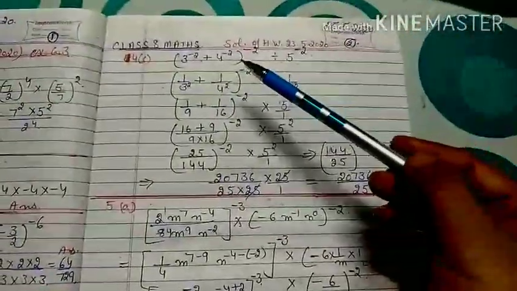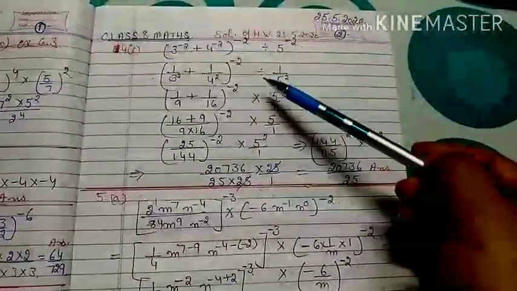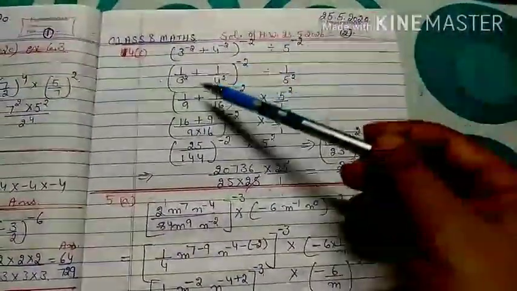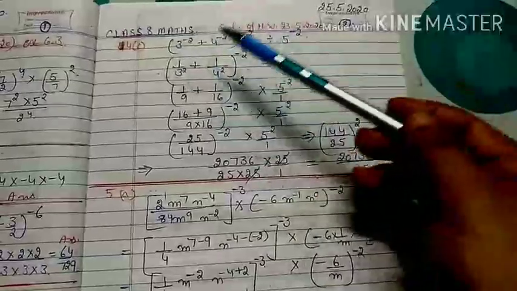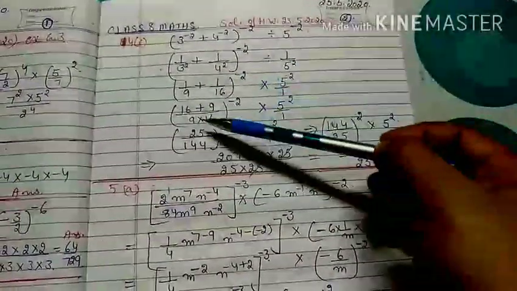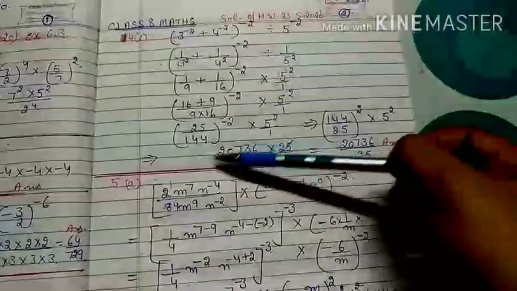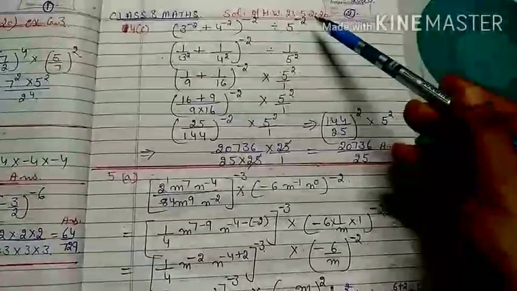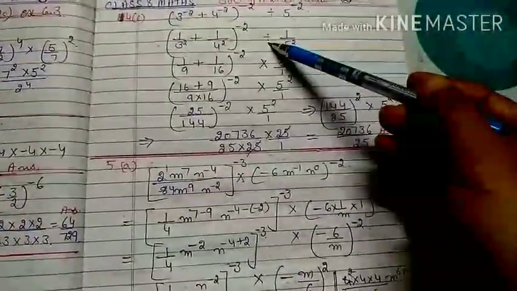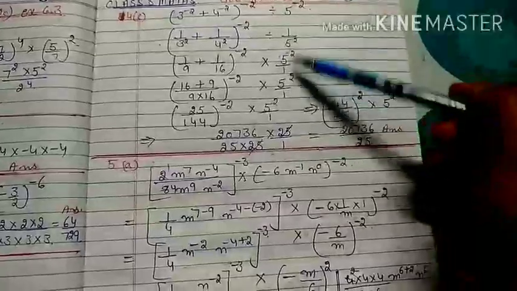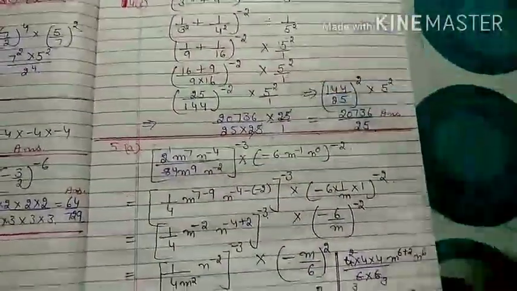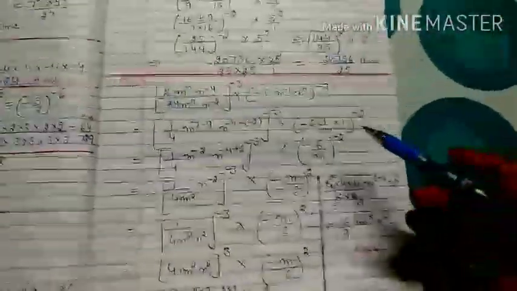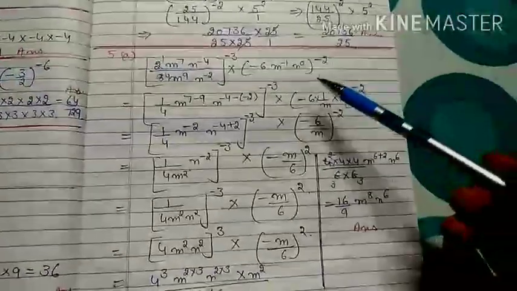Now my C part is, (3 to the power minus 2 plus 4 to the power minus 2) to the power minus 2 divided by 5 to the power minus 2. So first I will change the negative power inside the bracket to positive, find the LCM and make a single numerator and denominator. After that, before solving, I change the outer negative power to positive. Here also 5 to the power minus 2 is 1 upon 5 square, but when divide changes to multiply, again numerator and denominator interchange with each other, 5 square, and my required answer is 20,736 by 25.